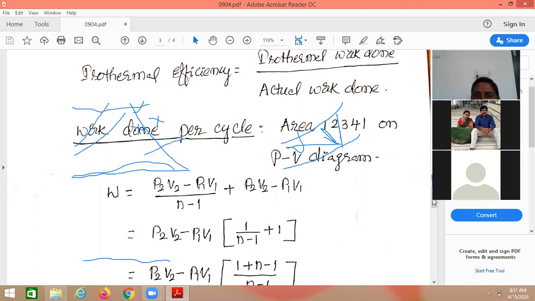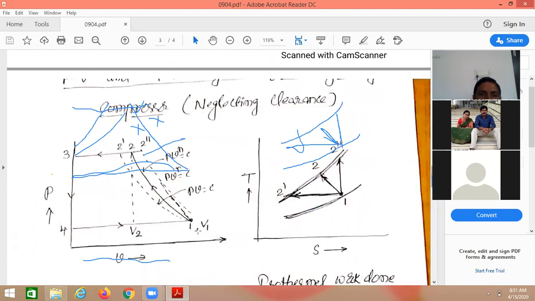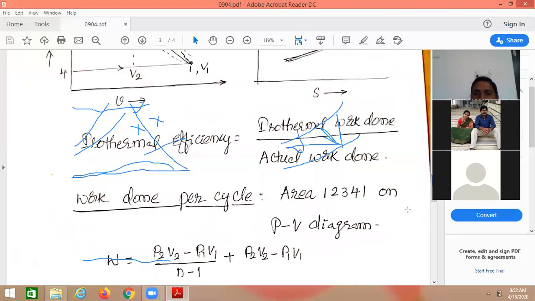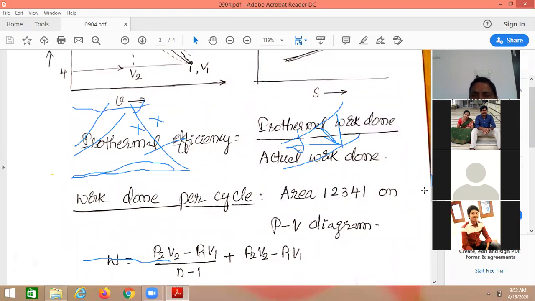The actual cycle of compression possible is 1, 2, which we have seen here. By calculating the area occupied between 4, 1, 2, 3, 4, that is the actual cycle of compression, 4, 1, 2, 3, 4, and again joined with 1, that is the cycle. The area of 1, 2, 3, 4, 1 on the PV diagram, as we already discussed in thermodynamics, always gives work done. So the cycle 1, 2, 3, 4, 1 gives the compression work here.